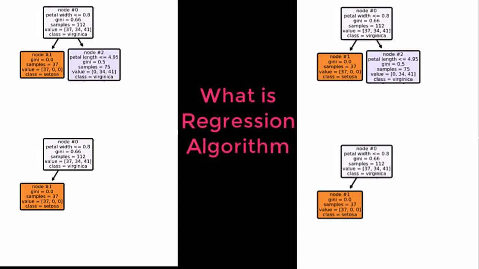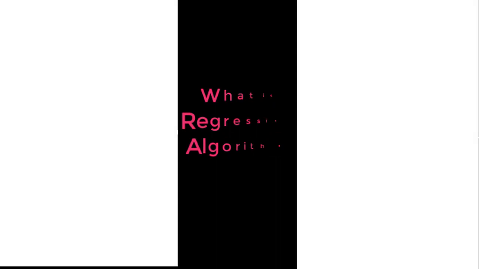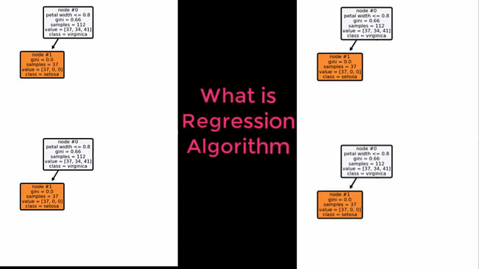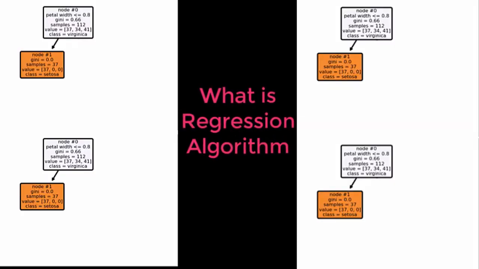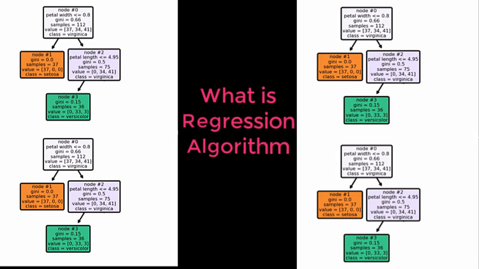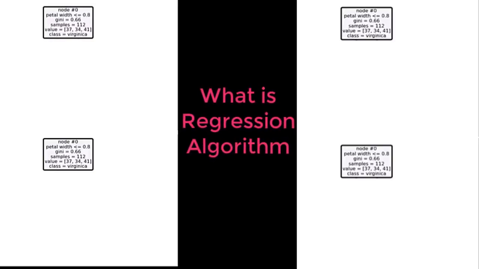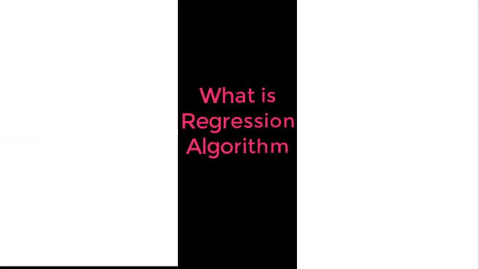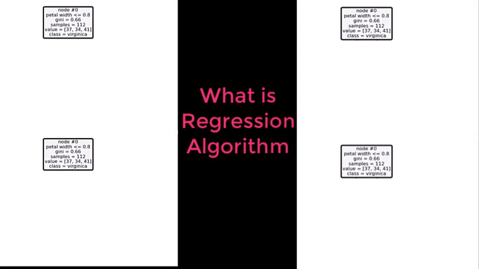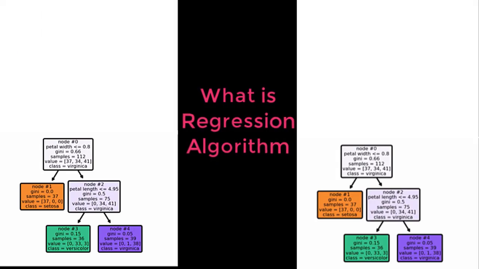Regression is a statistical method. It attempts to determine the strength of the relationship between dependent variable or label and a series of other variables called independent variables or features. Regression is one of the most fundamental and basic machine learning algorithm. The column values that are used to predict the output are called features or independent variables, and the column value that is predicted is called dependent variable or label.